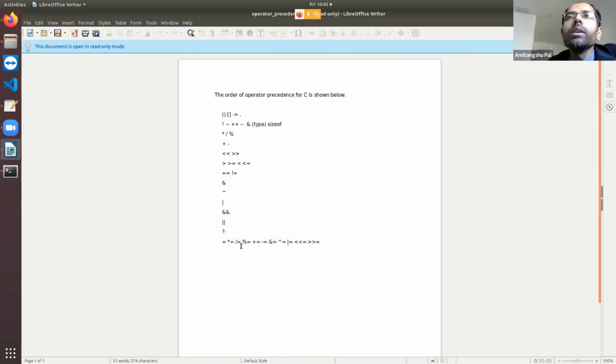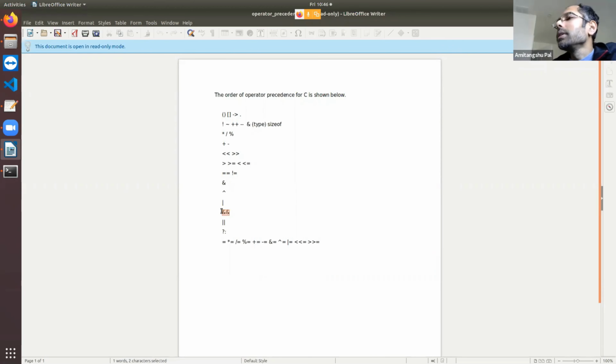Now you will see that these two operators are called logical and, logical or. Double ampersand is logical and, double bar is logical or, and single ampersand and single bar mean bitwise and, bitwise or. Bitwise and means, suppose I'm giving you two numbers 10 and 14, it is going to do and bit by bit, and then the answer is going to be some integer, right?